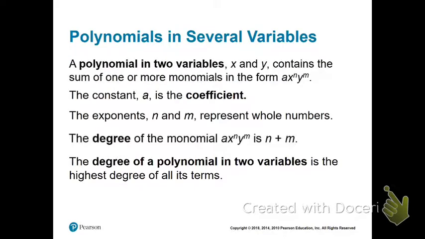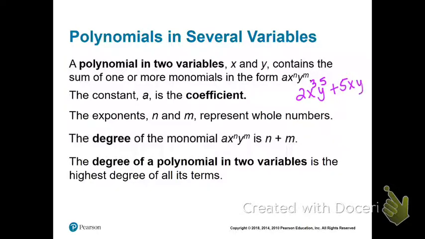All right, so a polynomial in two variables, x and y, contains a sum of one or more monomials of the form ax to the n, y to the m. What this is saying is that we're going to have more than one variable. We can have a number in front, and both of the variables can have exponents. So we could have like 2x to the third, y to the fifth. Okay? Or we could have 2x to the third, y to the fifth, plus